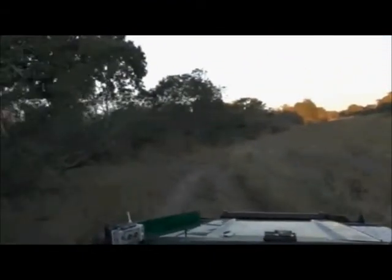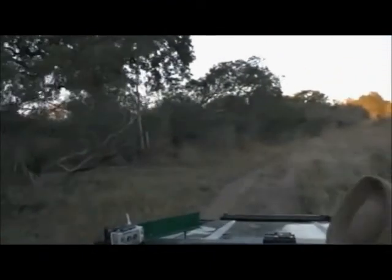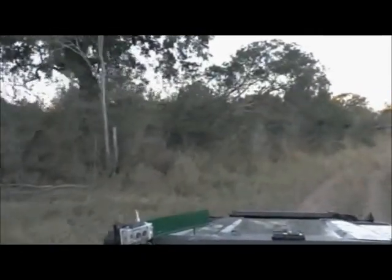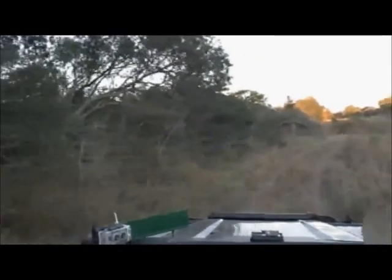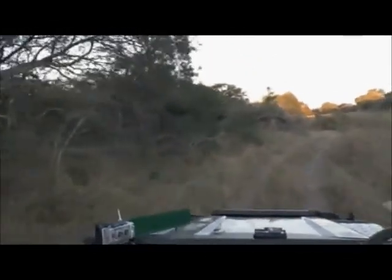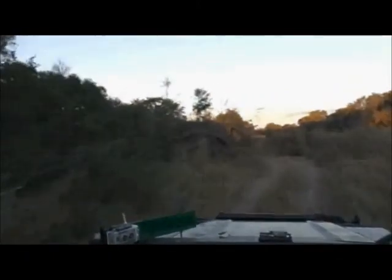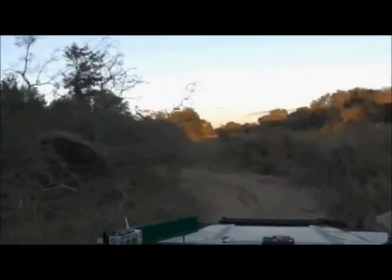Just because of the size and weight of his head. So, yes, I felt a little bit threatened. I'm a puny little human being sitting under 7 tons of elephant, 11 feet at the shoulder above me. It's the only time here in Thornybush. Not threatening. It's just there was a time when I decided that, look, dude, you're in my space. I'll let you come into my space up to a certain point, but that was...